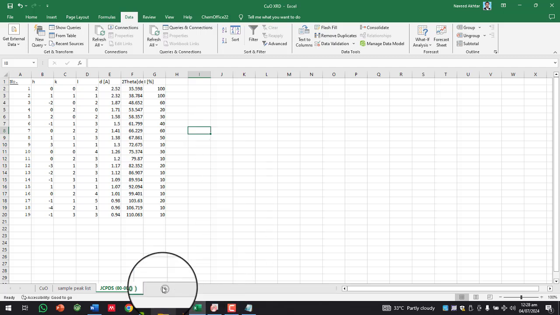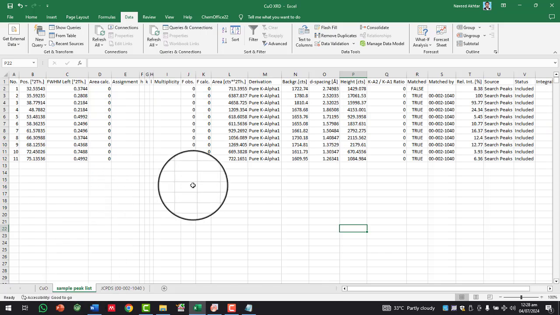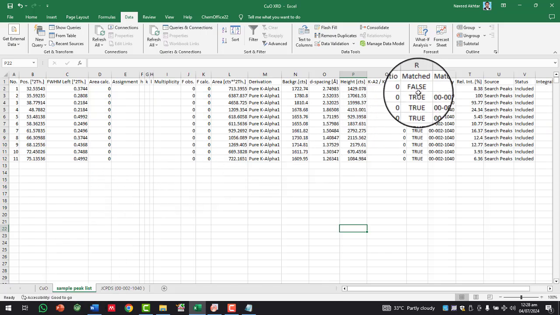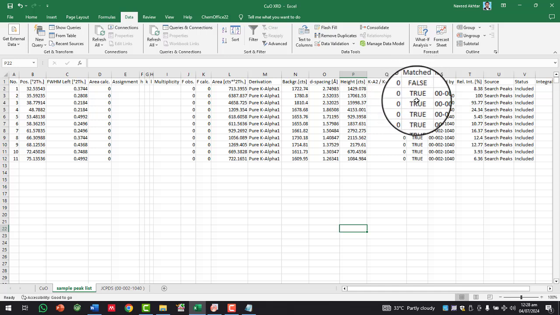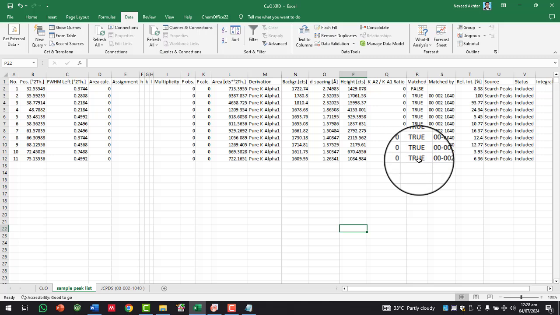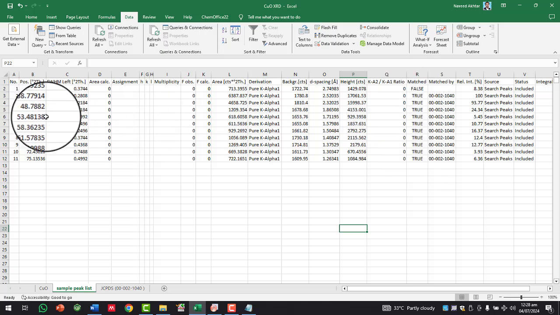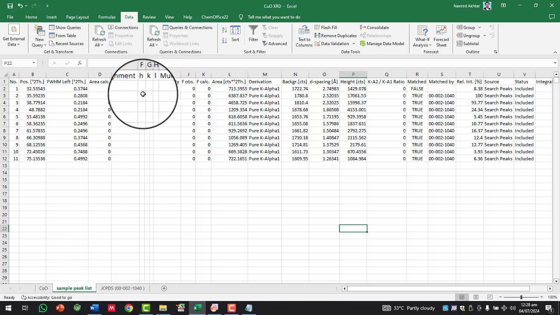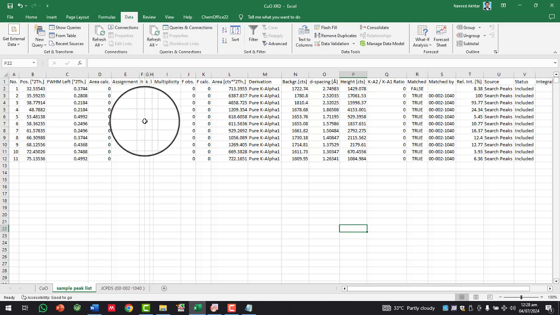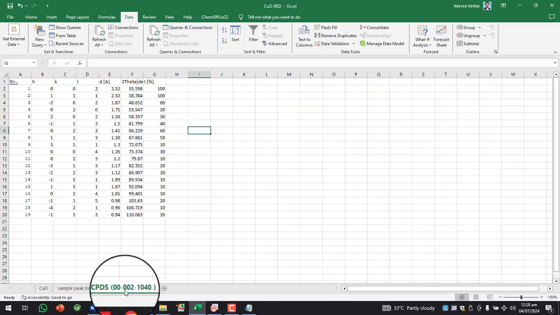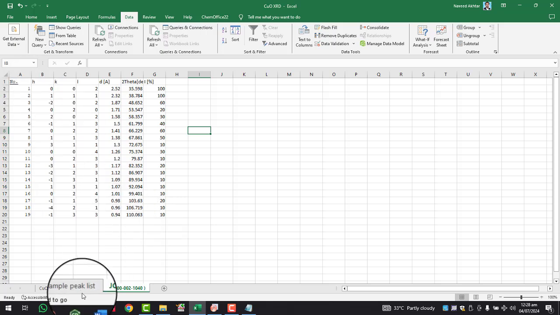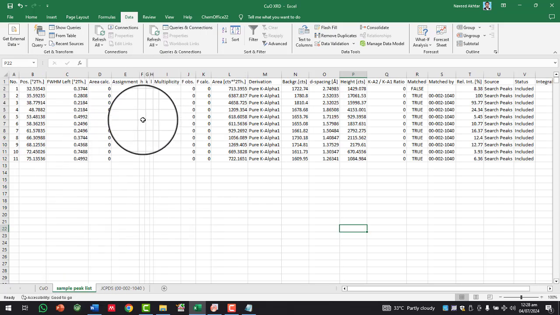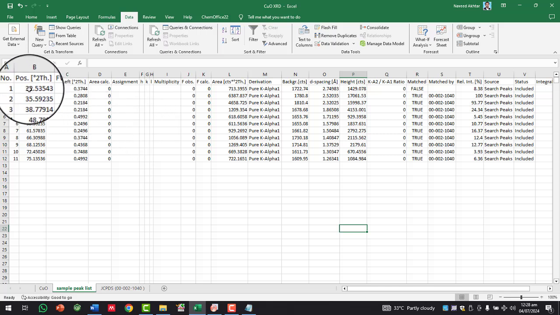Now I will have to compare the data or the peak list which was matching with my samples. So matched. So all these peaks were matched except the first one. So now I will have to put the HKL values or HKL indices or Miller indices here from the JCPDS cards to there in the sample peak list which was empty. Now I will have to select the peak of my samples starting from the 2 theta 32.53